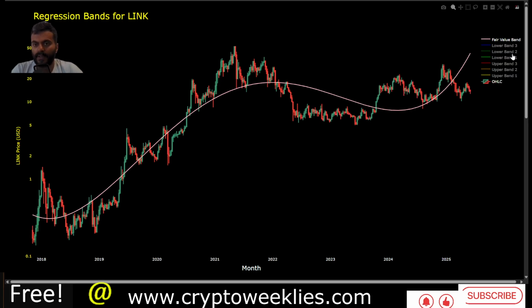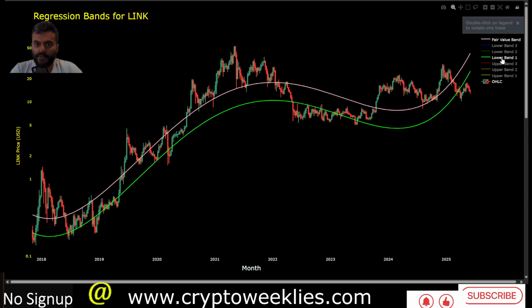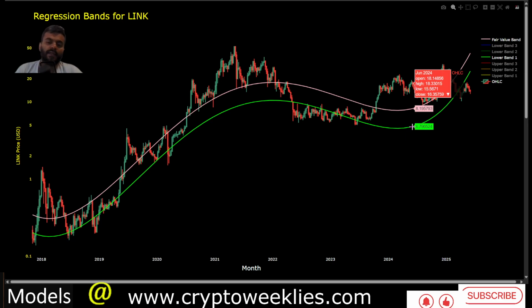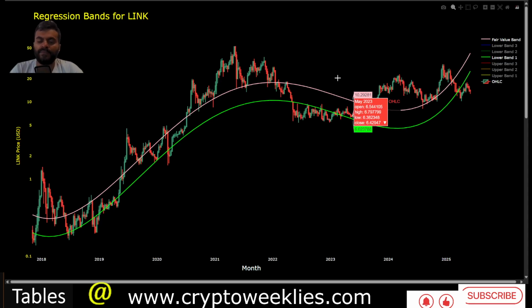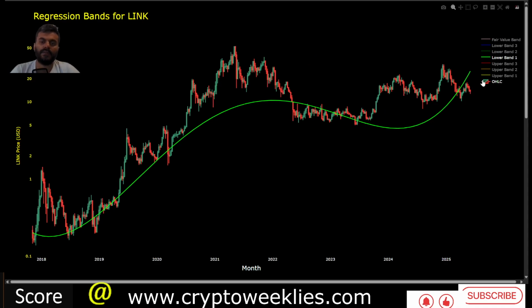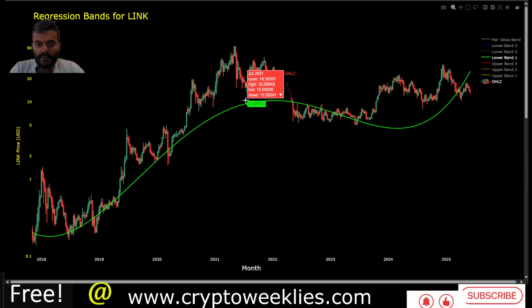Ideally, when the price is lower than 1 standard deviation residual applied to the fair value, which is this green line, accumulating below the green line in the larger scheme of things is definitely, per historical analysis, not the worst idea. That means whenever price is below the green line, like it is now, it offers opportunity. Again, this model tries to incorporate the bullish phases and the bearish phases of the market cycle by shifting the direction of the regression function.